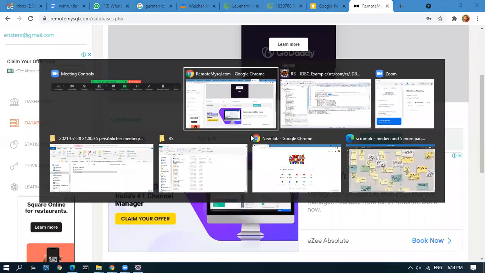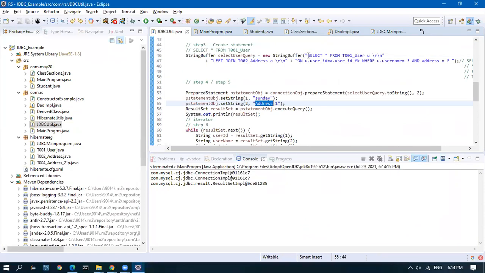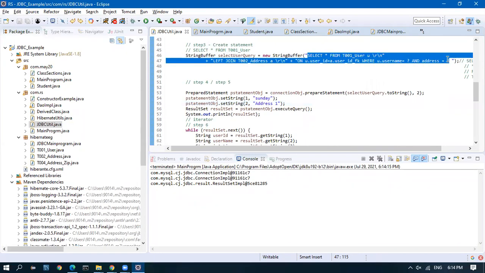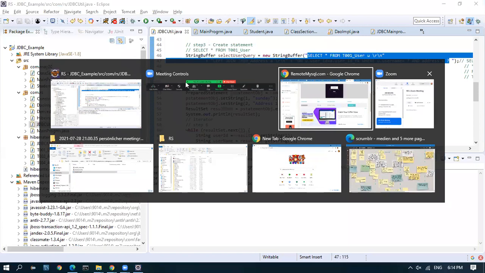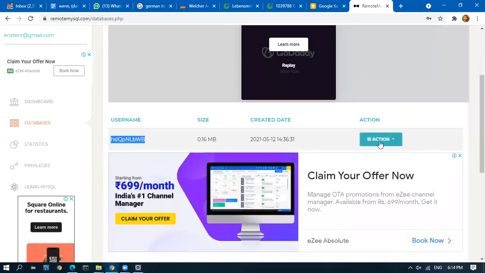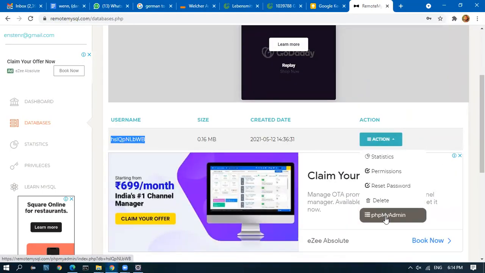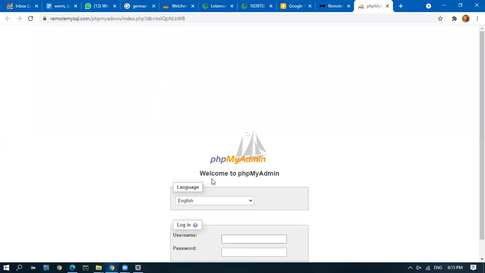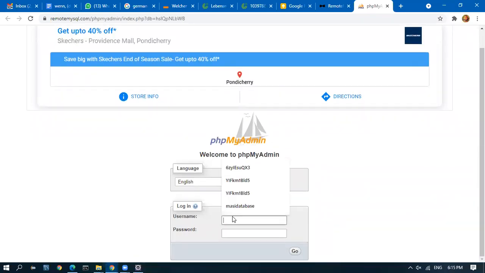So when I take this query, select star from, and I go to the database.